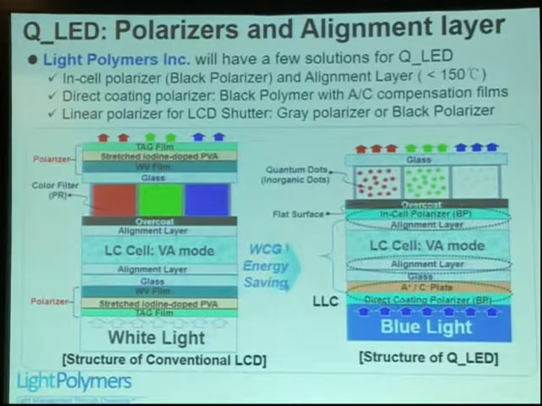Also, Samsung Electronics is trying to have two panels for the QLED, with a linear polarized LCD shot before the real QLED panel, for local dimming. In this case, the contrast ratio of the QLED will also be higher than 500,000, maybe almost the same as the contrast ratio of the OLED. Samsung Electronics is trying to put another LCD shot panel for local dimming to improve the contrast ratio.